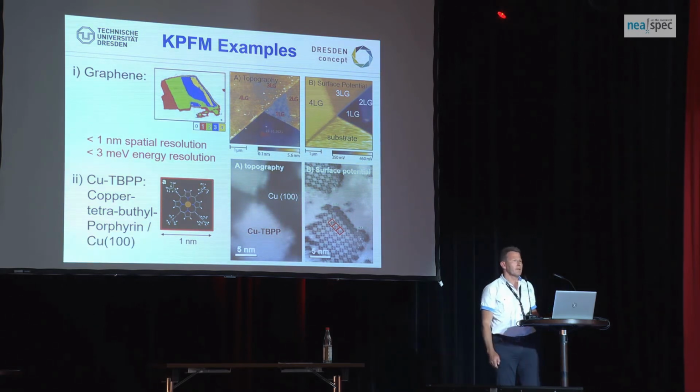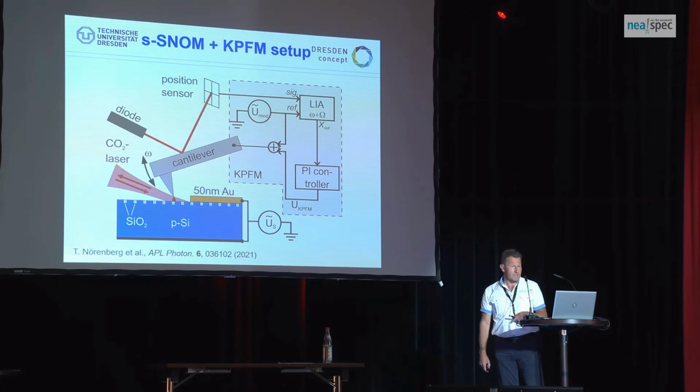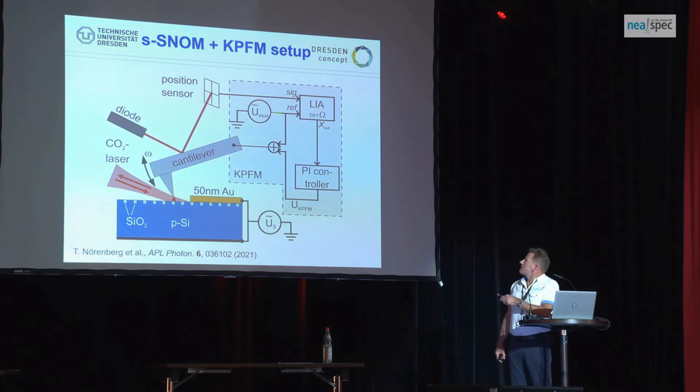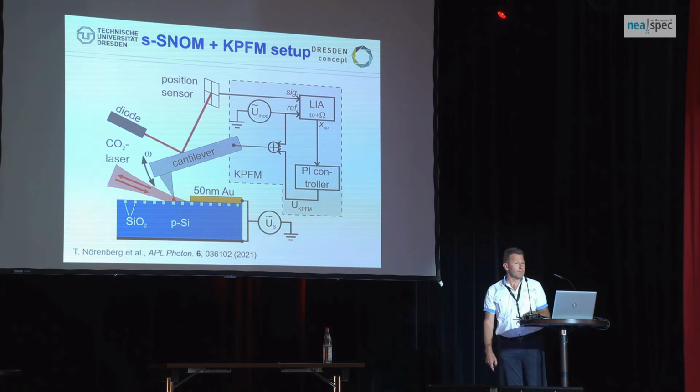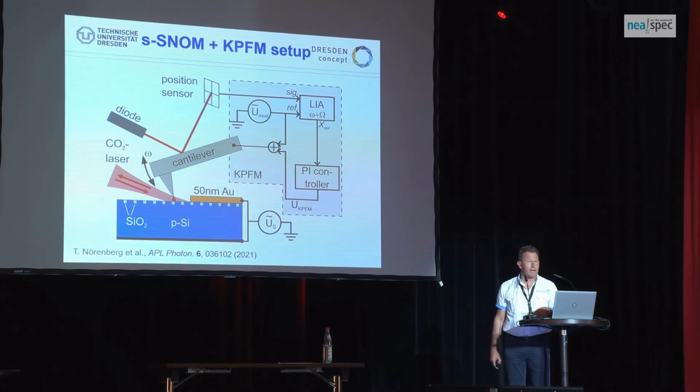So now let's apply that for s-SNOM. Let's go for s-SNOM, and this is exactly what Tobias did. He took that mimic, this is exactly the electronics he was applying to put that electronic with a modulation voltage on the cantilever. We have our oscillation of the cantilever here. We have a beam deflection unit, and basically what we're looking at is now exactly the sum or the difference frequency. So exactly the sideband, the first sideband, which is exactly proportional to the force derivative. We take this into a PI controller, which is going to deliver a DC voltage that is controlled back into our cantilever in order to balance that off, so that in the end we end up really in the apex of our